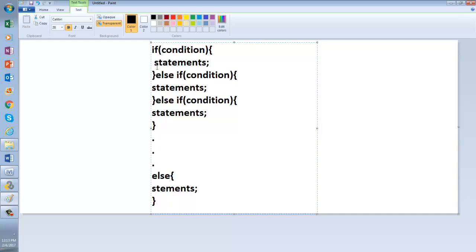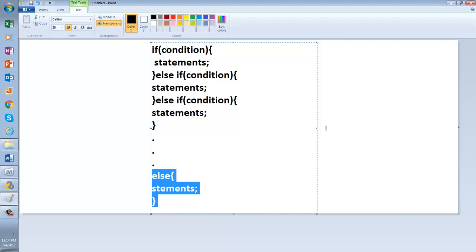So it is like you have a condition. If this condition is true, then whatever statements you have in this pair of brackets will be executed. If this condition is not true, it will come here and look for this condition. If it is not true, the next one. If this condition is true, it will execute this block. If none of the above conditions is true, it will come here and look for whether this condition is true, and then it will execute this block. If none of the conditions is true, then it will come to the else block. The real else.